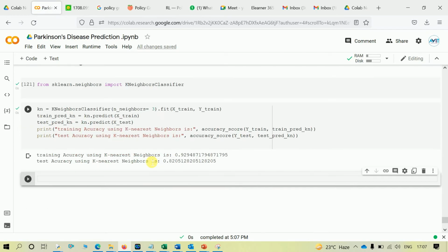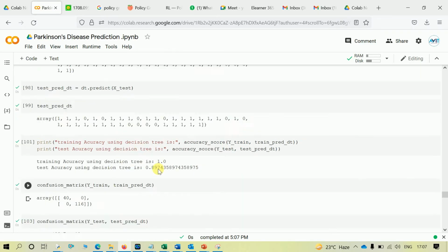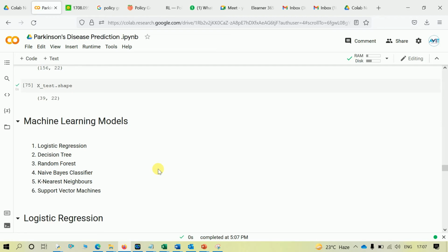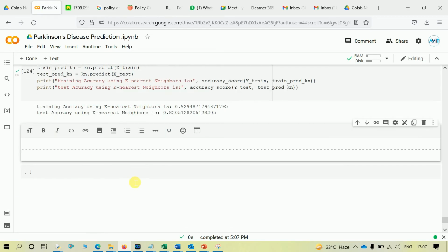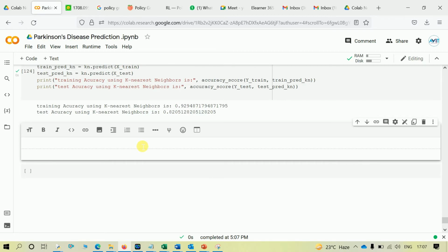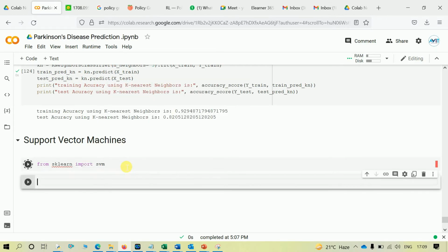We can also look at the confusion matrix. I think now you can do it on your own. Let me complete the project by calculating support vector machines, and we will look at which has provided the best accuracy. Let me import the library. So let me import SVM. Let's run this cell.